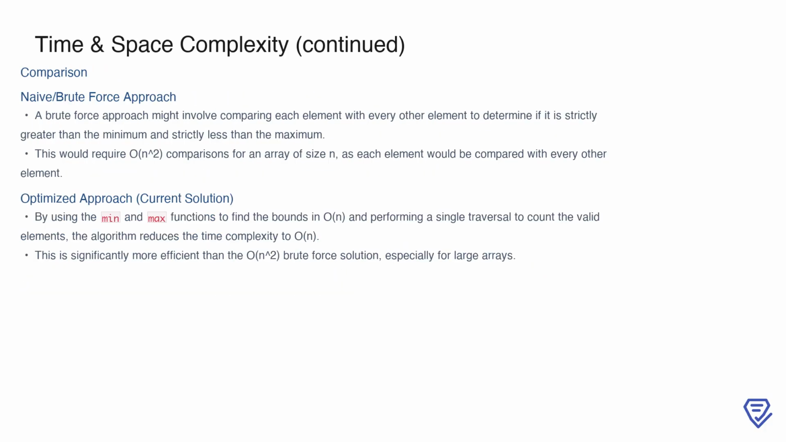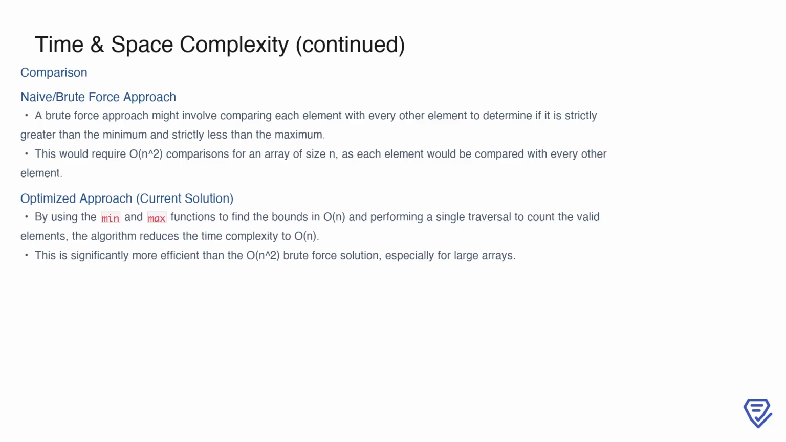Let's compare the optimized solution to a potential naive approach. A brute force method might involve comparing each element with every other element to determine whether it is strictly greater than the minimum and strictly less than the maximum. This would require O(n²) comparisons for an array of size n, as each element would need to be checked against